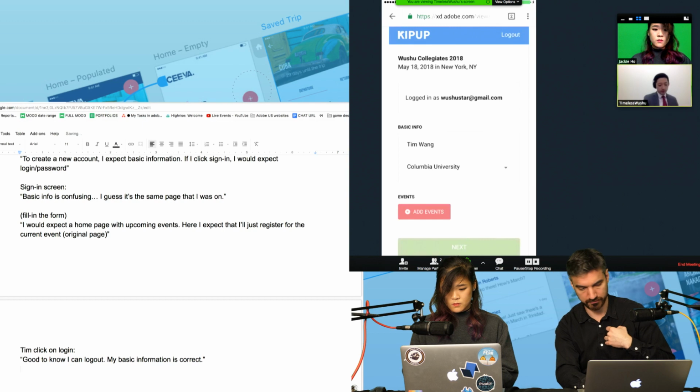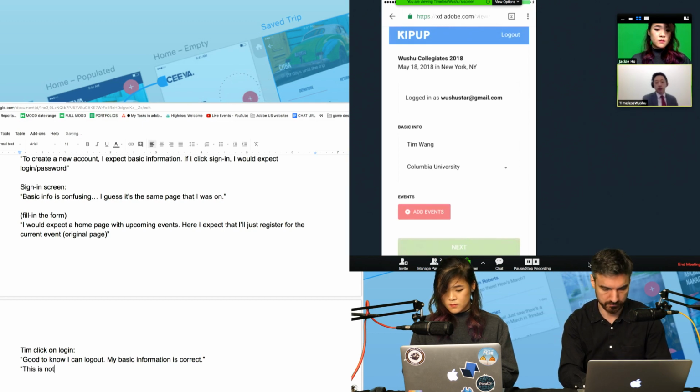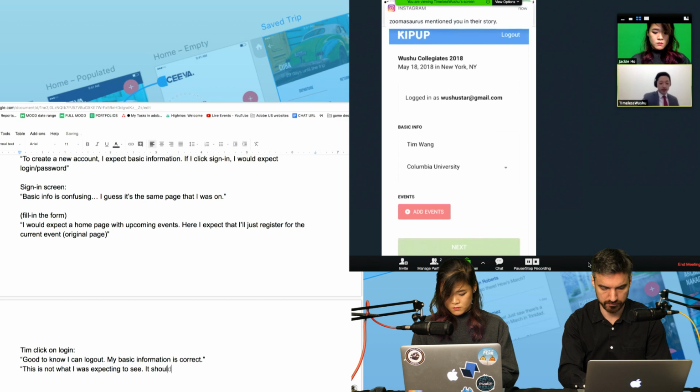No. Because I think most places, once you log in, it just shows you're logged in, like in the upper right corner it says logged in as X. I don't think I would usually go directly into my information page once I logged in.